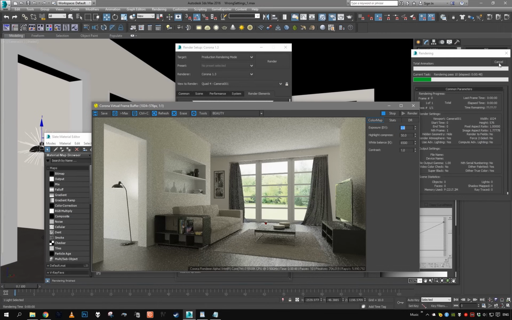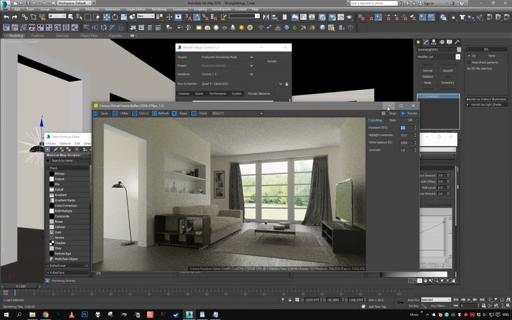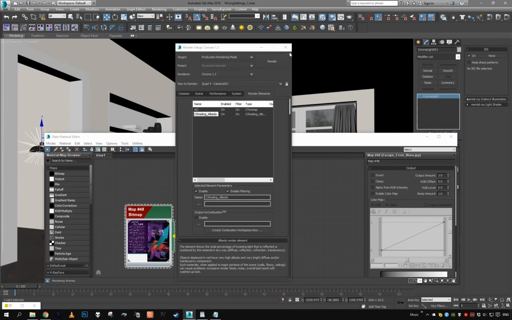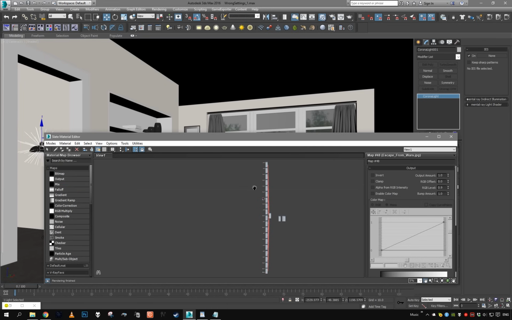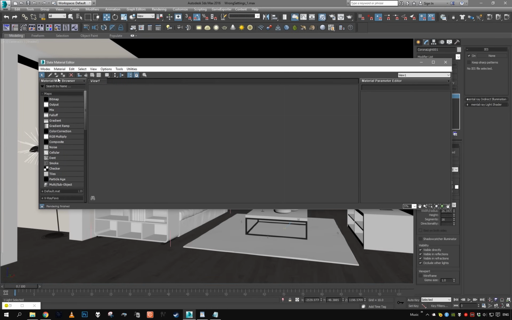So this is it for the materials. One more thing, we can see that the floor appears to have this weird shininess, like it appears to be a bit odd. That's because Corona uses the new GGX shading model. And this shading model has its own Fresnel formula. So one of the things you should avoid is